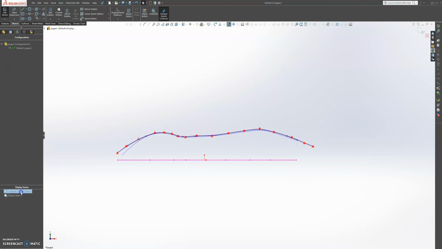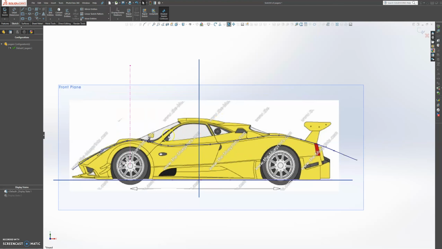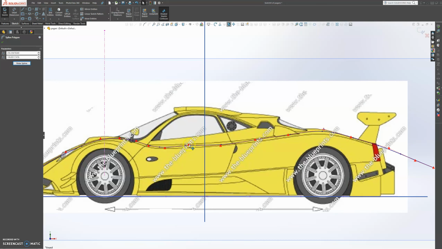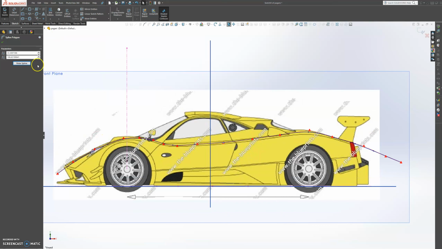Let's jump over to our first default display state to see what we're working with. Okay, that looks good. Okay, let's jump back to our second display state,